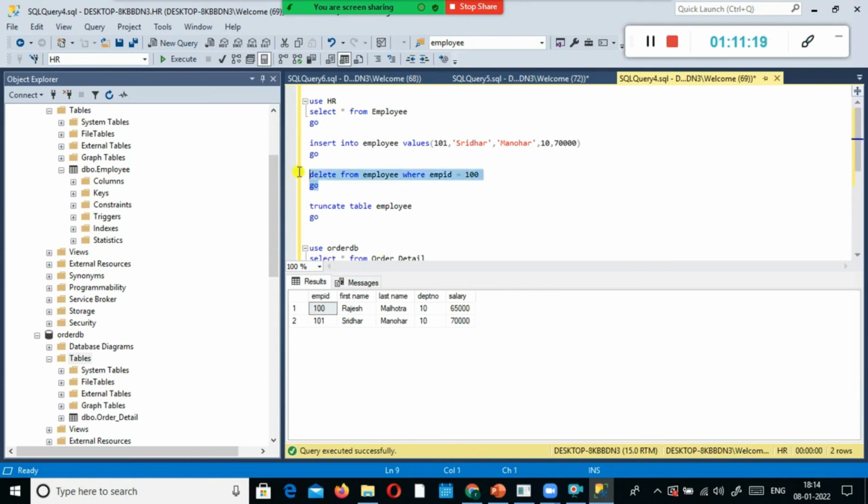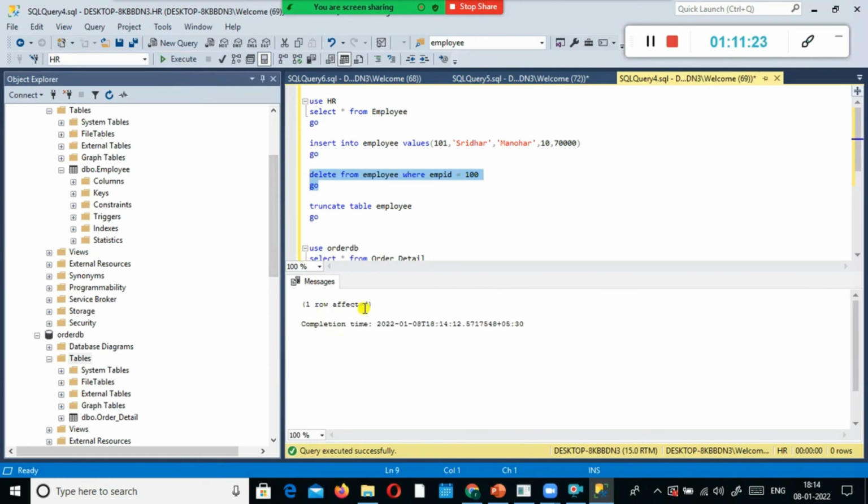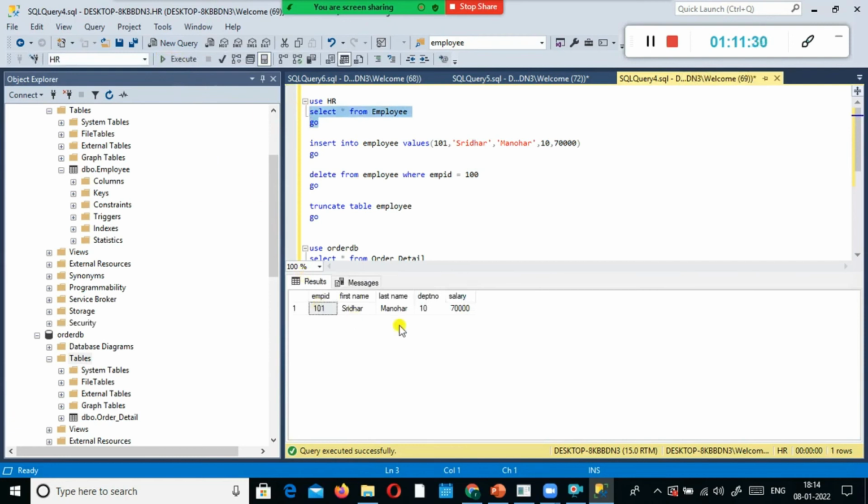I execute. Look here, only one row got affected. Now I select this one, 101. Rajesh's record got deleted. His employee ID was 100. I was able to delete a specific record or a specific set of records using the delete command.